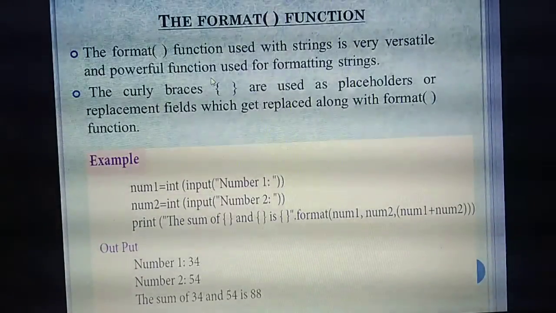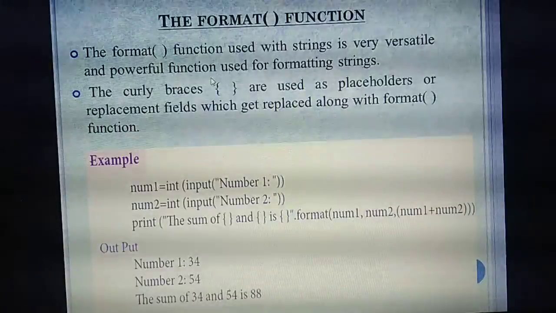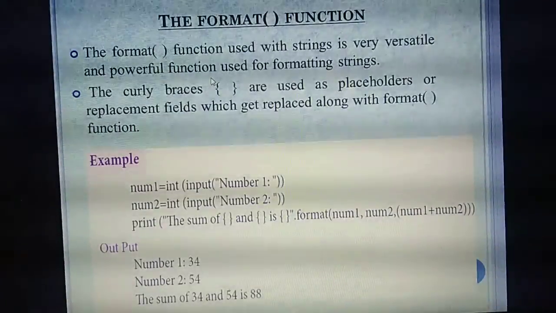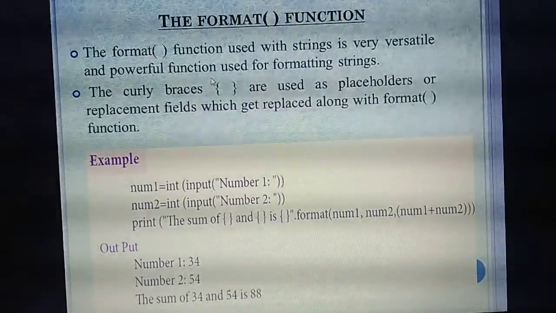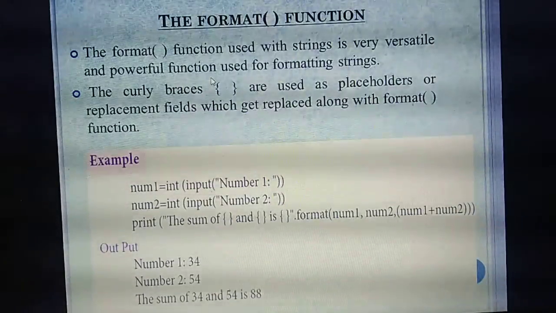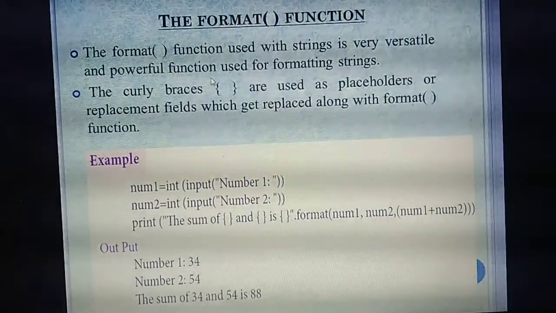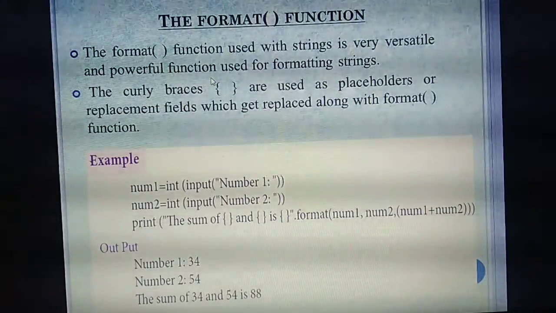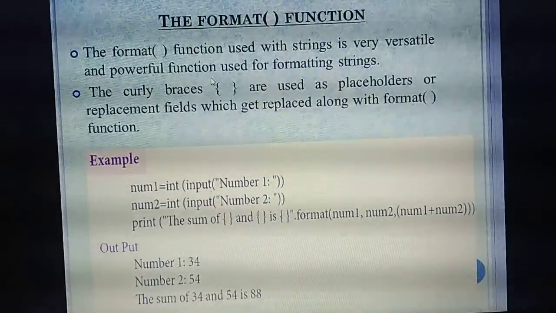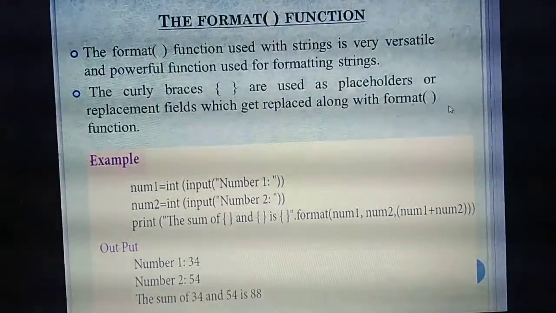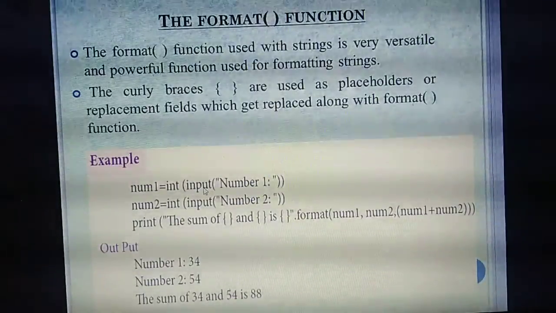Very important question, two points you have studied. What is the meaning of the formatter function? It is a very important tool in the Python programming language, mainly used to format strings. Which symbol is used to format the strings? Curly braces. So curly braces are called placeholders in Python. In a program we use this function with the name format. Understand? Very important question. So see the example.